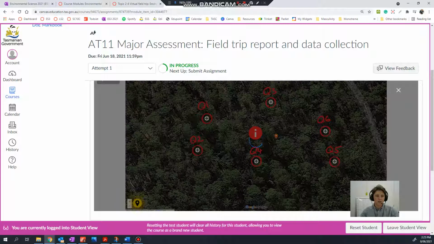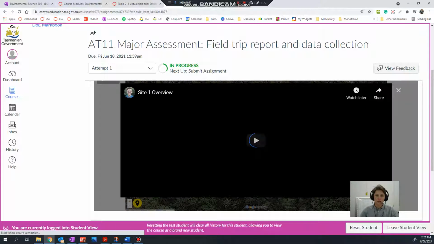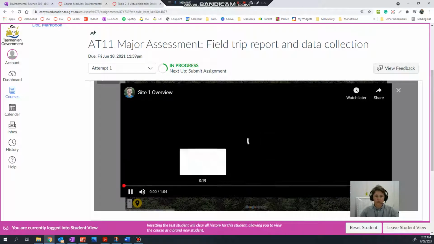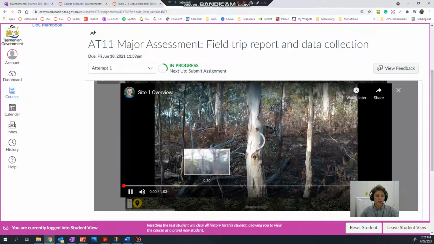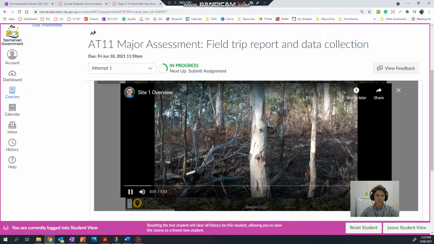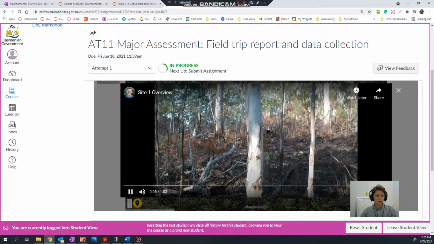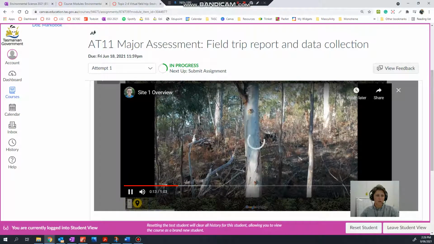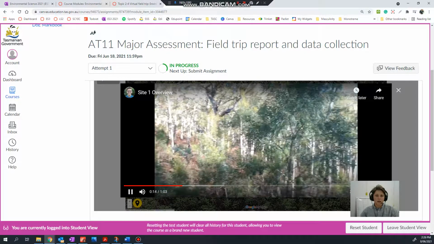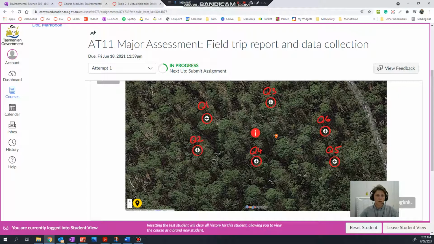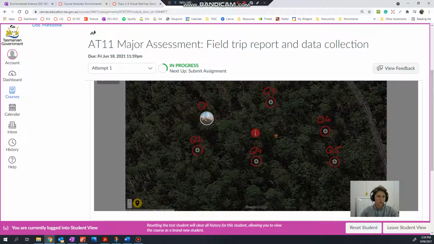If I click on this little eye, it's going to take me to some drone footage of this site, which will show us the canopy and from the ground upwards what it looks like. And you can see here there has been a relatively recent fire, because I can see a whole heap of char or charcoal. And if we keep going up, we can look up into the canopy. So that gives us an idea of what kind of site we're looking at. In each site, if I go to quadrat 1,